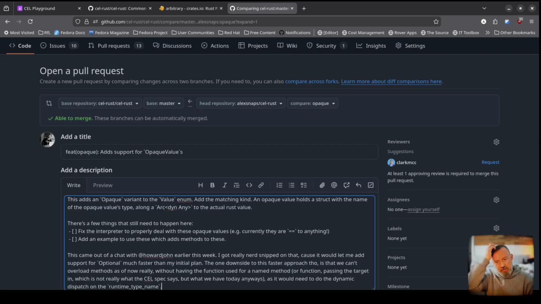Okay, let me reread the sentence. This came out of a chat with our John earlier this week. Yeah, that's fine. The downside of this faster approach, though, is that we cannot overload methods as of now, really, without having the function know about all the target types, as it would need to do the dynamic dispatch at run time based off